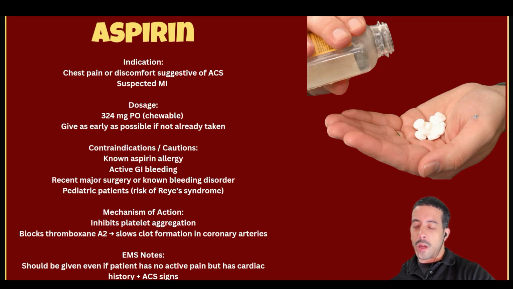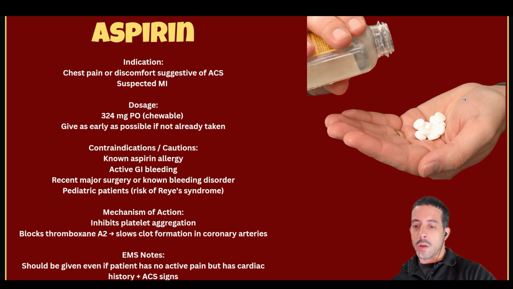Feel free to take a screenshot of this picture, but I'm just giving you what comes top of mind when we think about aspirin. It's basically indicated for anybody who's having chest pain and doesn't have an allergy or an active GI bleed, because it's an antiplatelet aggregate medication, which basically means it helps avoid having a person create clots. And the reason this is important is because people that suffer from AFib, for example, atrial fibrillation, are prescribed aspirin because, like I mentioned before, the fibrillation of the atria causes the blood to pool slightly,